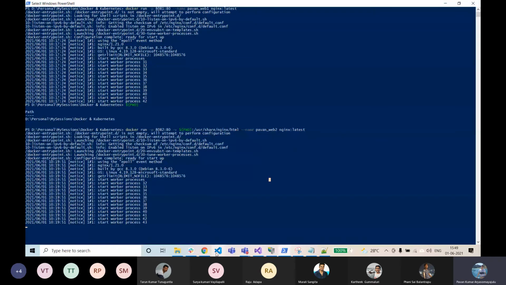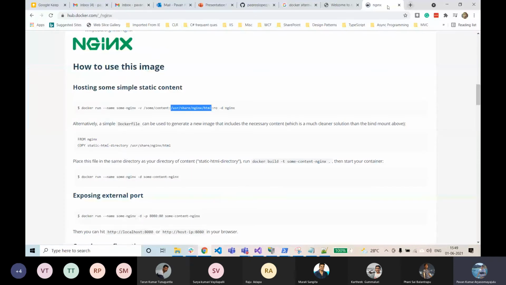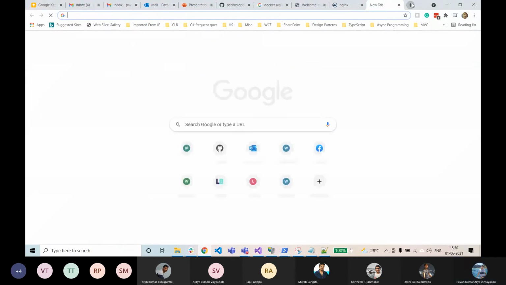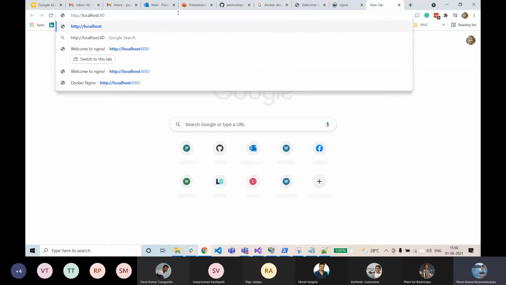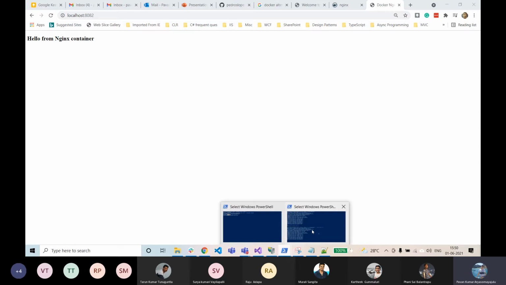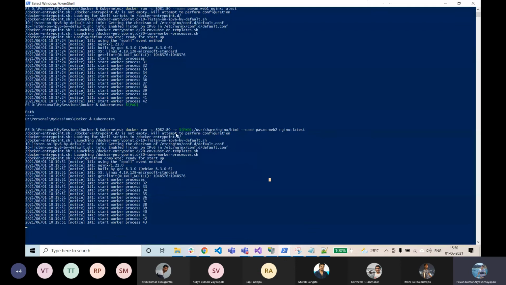So what you can see now: Nginx on 8081 is the raw image, the raw container. On the second container, I made my changes. You can see it on 8082, which is my second container, where I created this volume as a host binding.